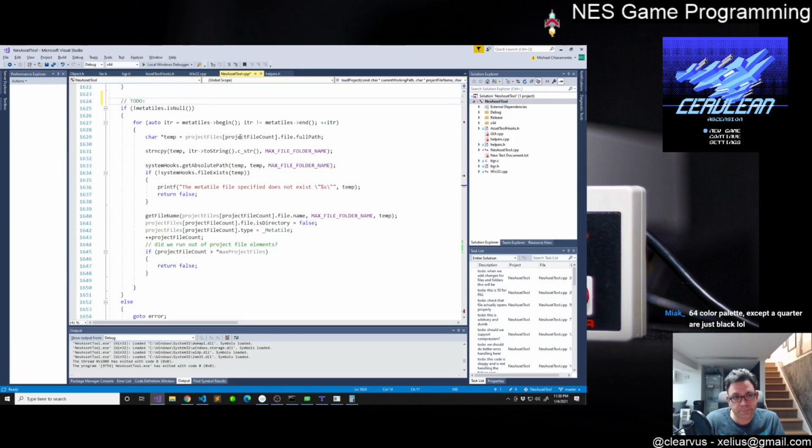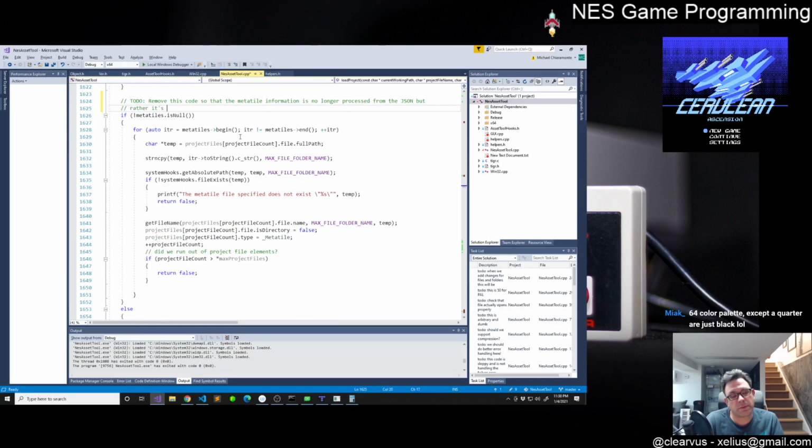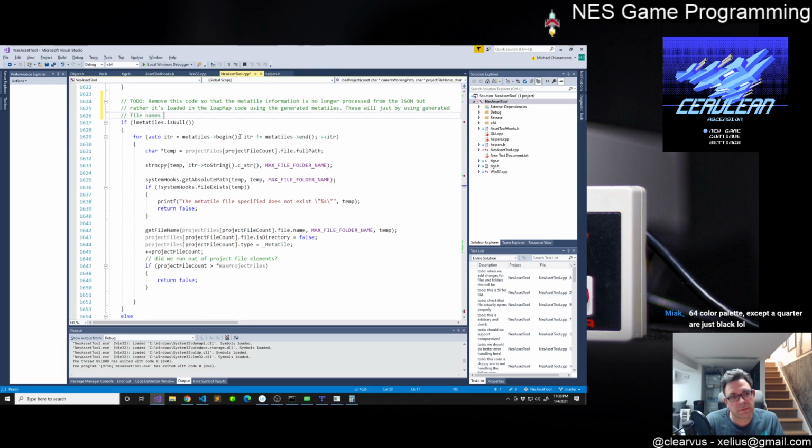So what we need to do here is remove this code so that the metatile information is no longer processed from the JSON, rather it's loaded in the load map code using the generated metatiles, using generated file names that should correspond. Okay, so that's our note for next time,